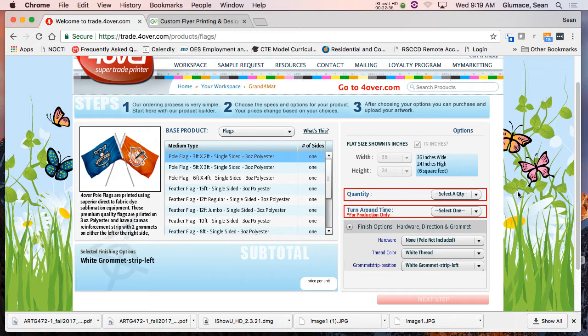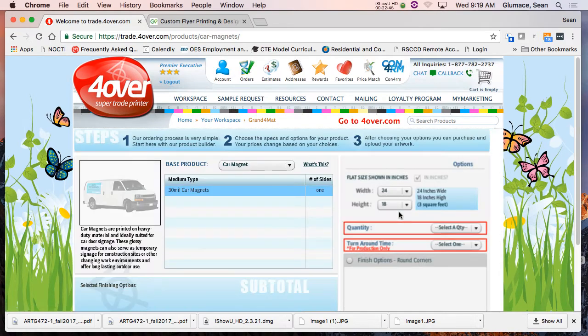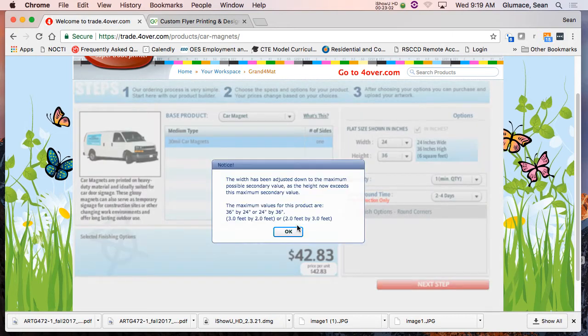And I do the banners all the time. The banners cost me about $12 to $20. The ones that you see all the time on fences and all that. They're the ones who print for everybody out there. But they have car magnets. You can buy a car magnet, put it on the side of your car. And what's great about this is you can just come in here and go, okay. There you go. $21 is your cost on a 24 by 18 car magnet. And you can go bigger, 36 by 36.